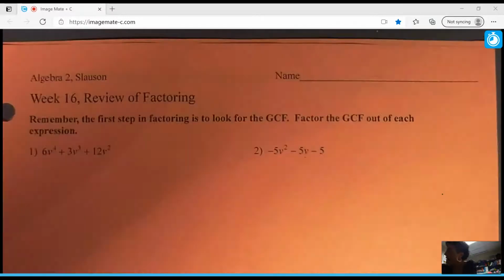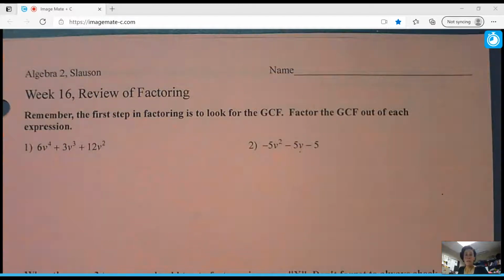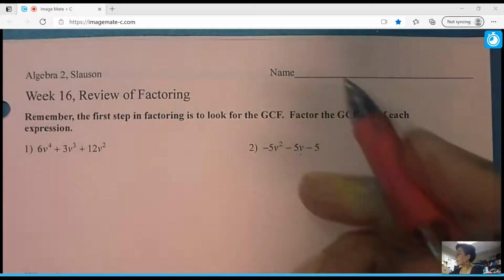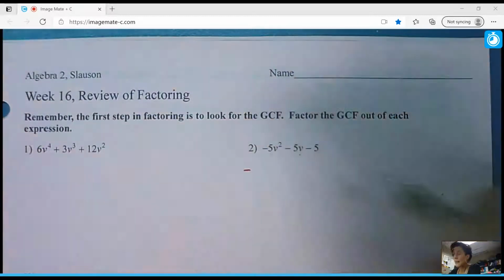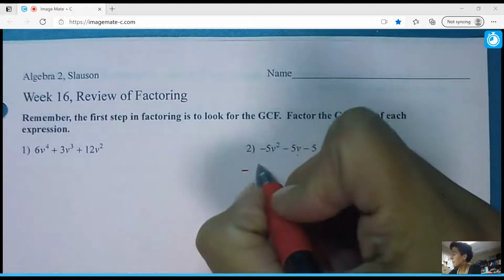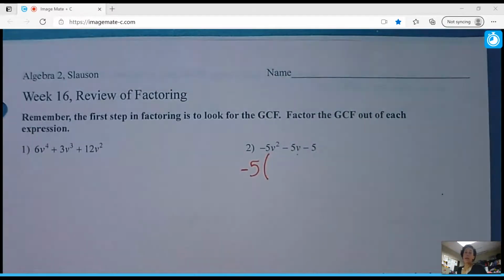So one of the first things about factoring is that your problems do need to be in standard form, which I think you'll find that these all are. But the other thing is, when we do factor, we really like our leading term, the one right in front, to be positive. So when you see a negative number here, you are guaranteed to factor out at least a negative. And so now when I look at what I can factor out of all of these, I can factor out a -5 from each term, but I won't be able to take a v from each term because they don't all have v's. So I'm going to factor out -5, and when we factor, we are just finding the